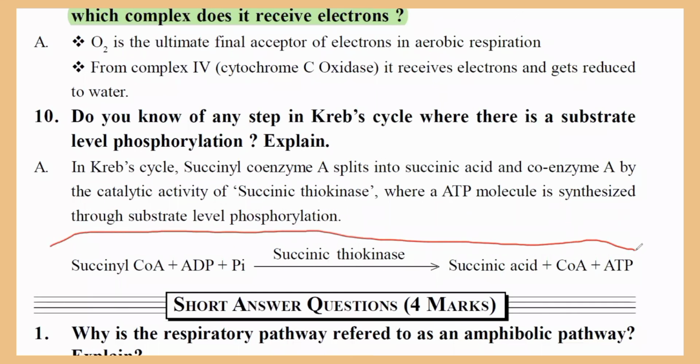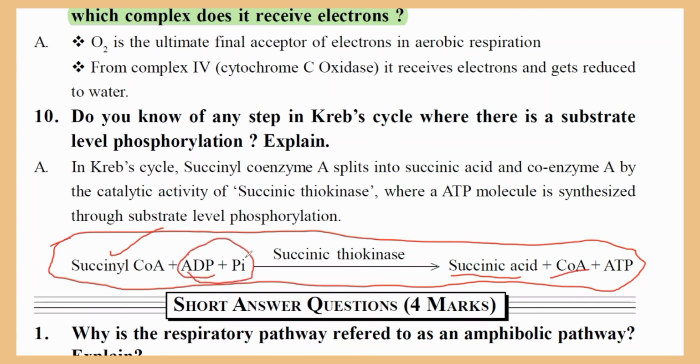So now let us take this. Here succinyl coenzyme A is converted into succinic acid and coenzyme A by utilizing one phosphate, and to the one ADP, one phosphate is added. I means inorganic, P means phosphate. So adenosine diphosphate combines with inorganic phosphate. Here two phosphates are there, here one phosphate. So total three phosphates are converted into adenosine triphosphate.